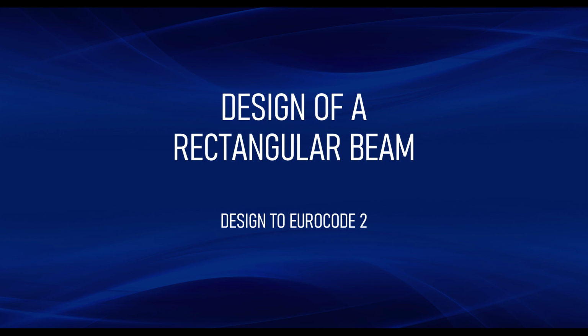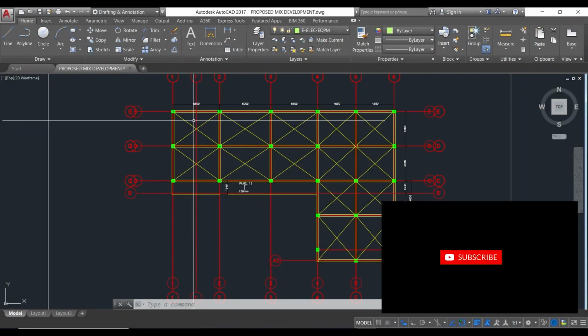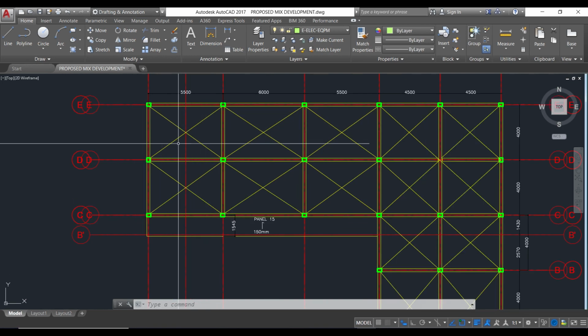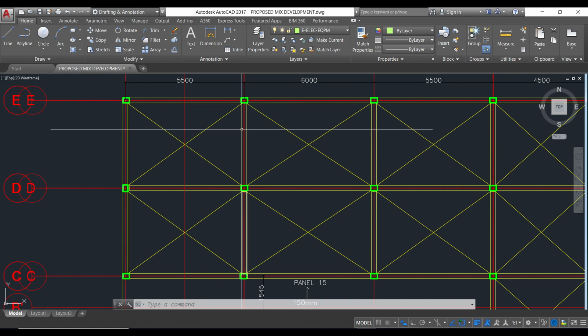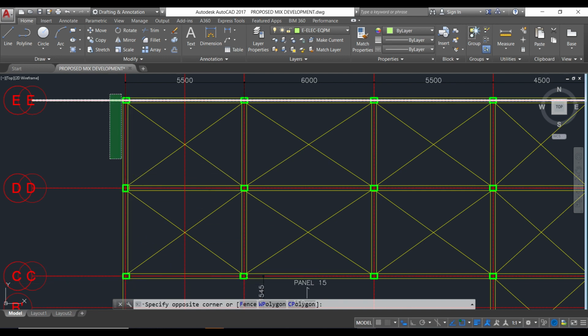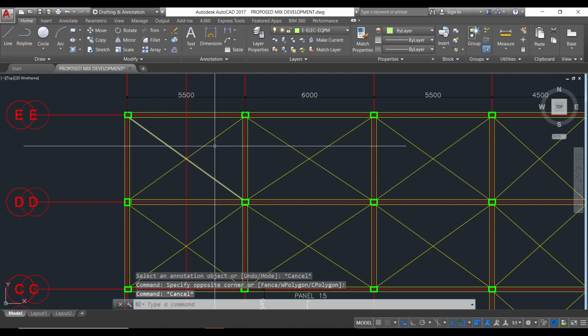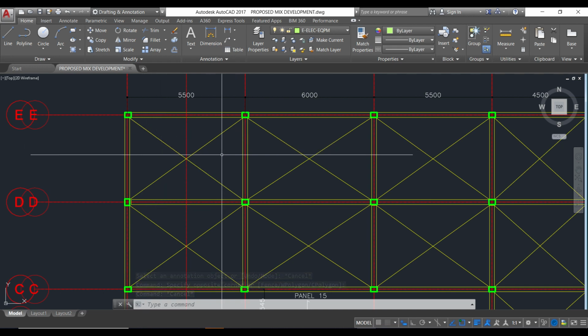Then I will also show you another layout where you can consider part of the layout to be a flanged beam. The plan here is showing a typical roof layout. You can see that in most parts of the roof there is no connected slab, because you can see this cross line. This cross line shows a void area, so that means there is no suspended slab. In that case, all the beams attached to these columns are said to be rectangular beams because there is no slab attached to them,